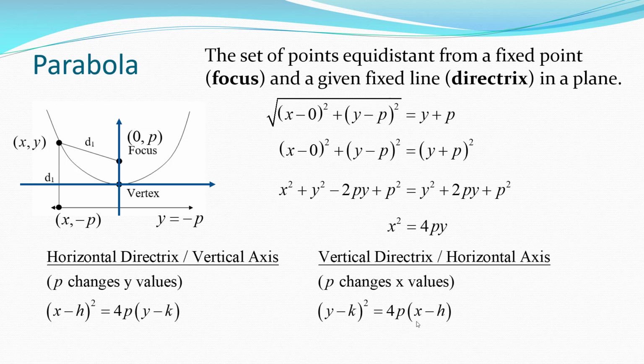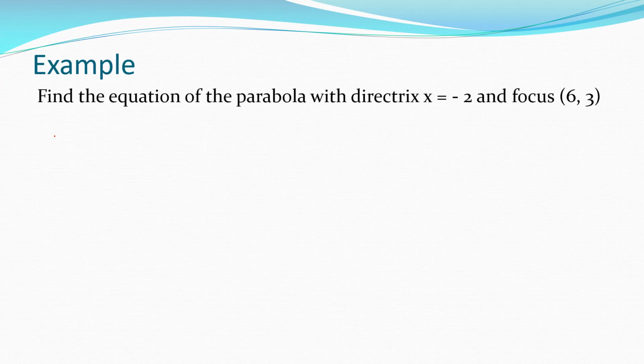That means then your parabola, its focus will be to the right or to the left, and therefore the parabola opens to the right or the left. I'll do an example. Let's find the equation of the parabola with directrix x equals negative 2, and whose focus is 6, 3. So you have your line, where the line would then be x equals negative 2, and then